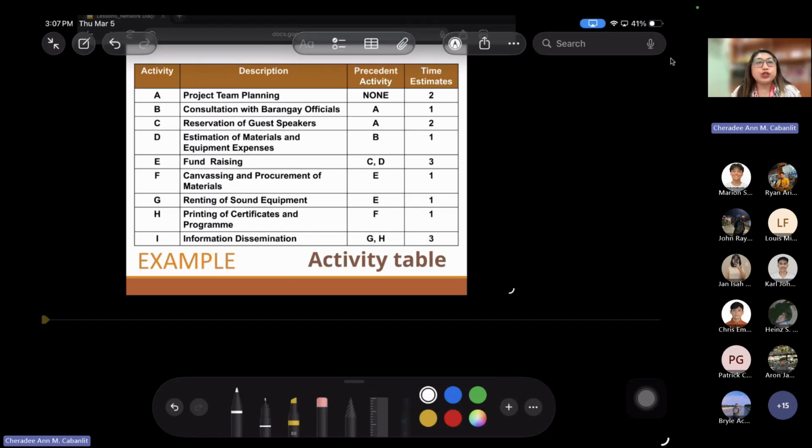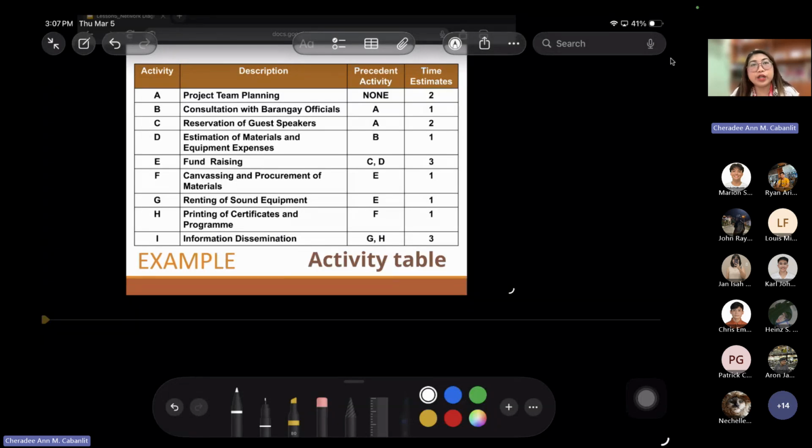Thank you very much. So for this afternoon, let's have one example. By the way, this tool is actually part of the planning management function. However, I decided to discuss this personally so that you will know the purpose of doing such a tool.